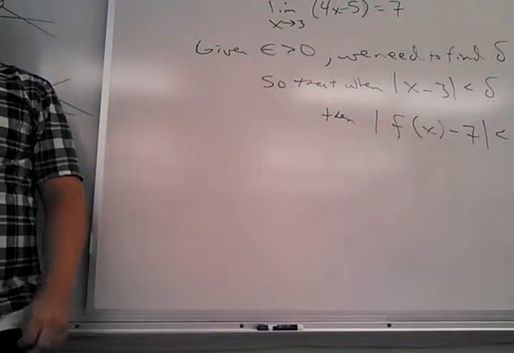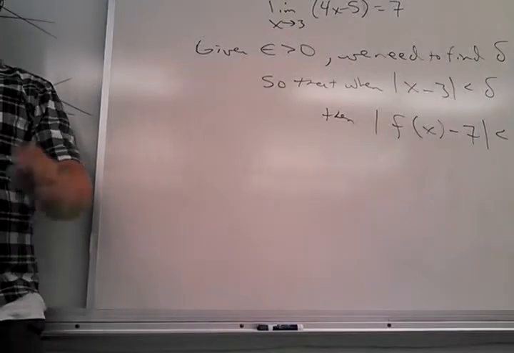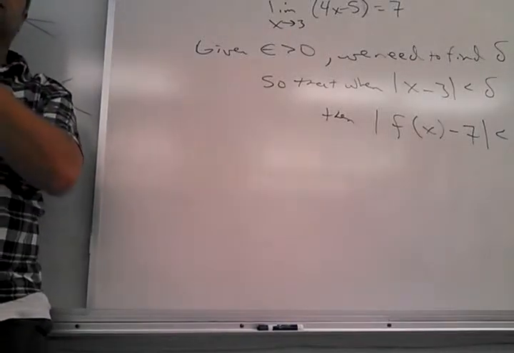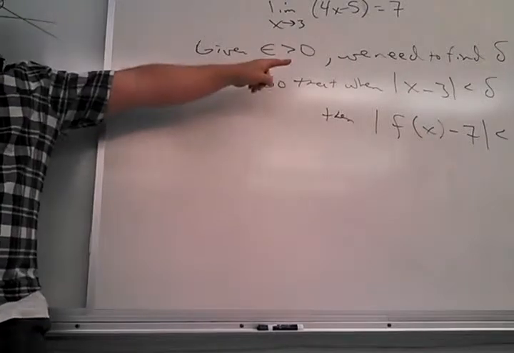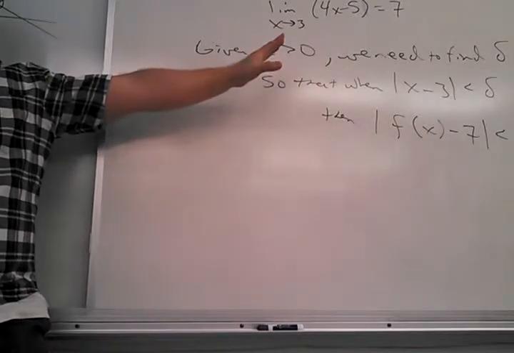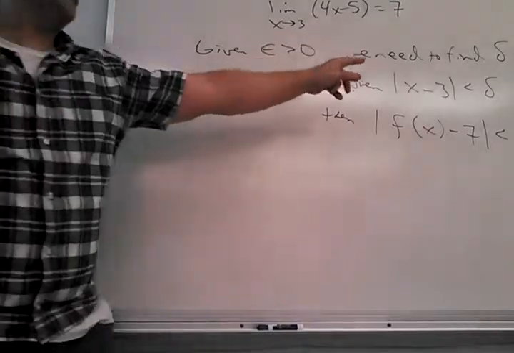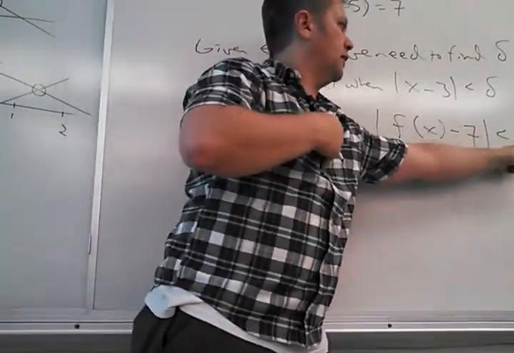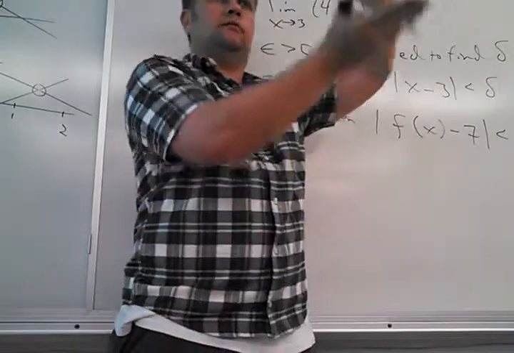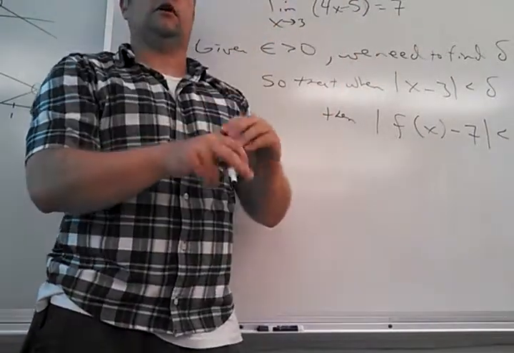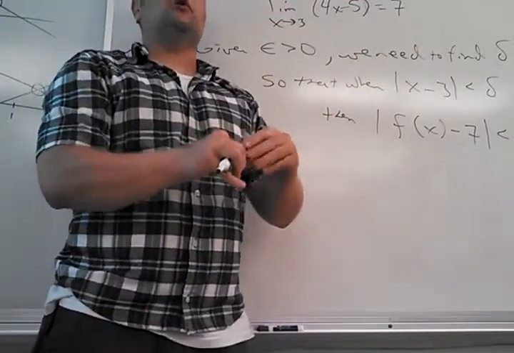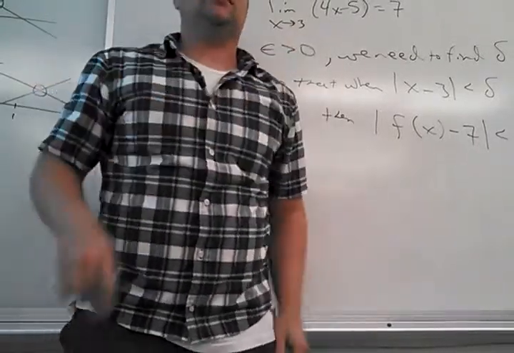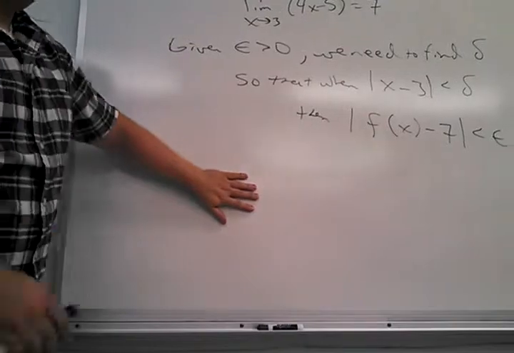Let me just let you guys soak that in. I'm hoping now that we've had some of this concrete discussion backwards and forwards with this stuff, that now when I write this out, it's not that foreign. Right? When I'm so close to 3 on my inputs, my outputs have to be arbitrarily close to 7. Okay. All right, so here's how this works. And again, the first time you see this, and probably the 28th time you see this, it's going to feel like cheating, but too bad.